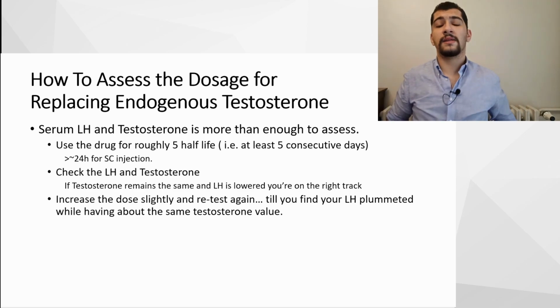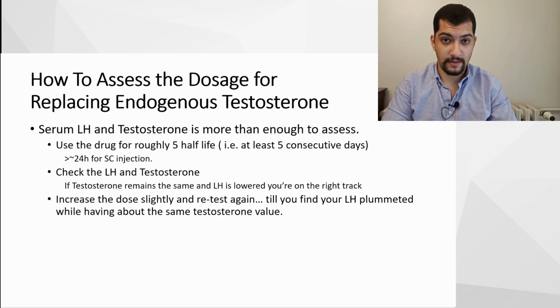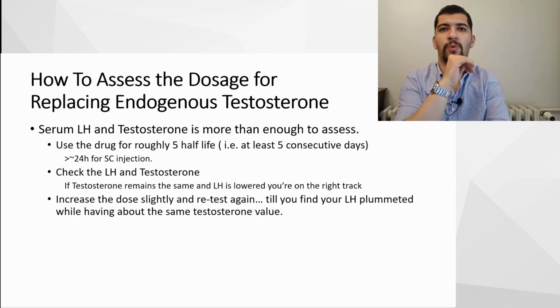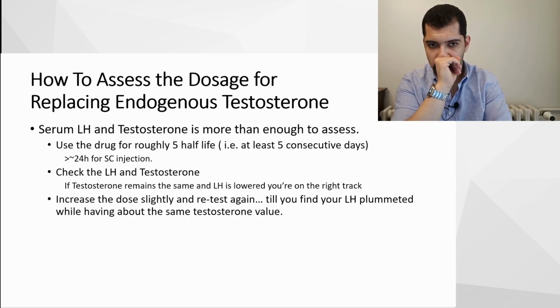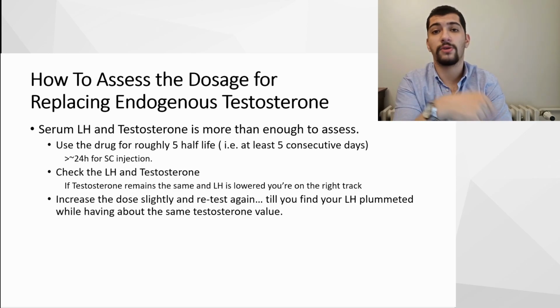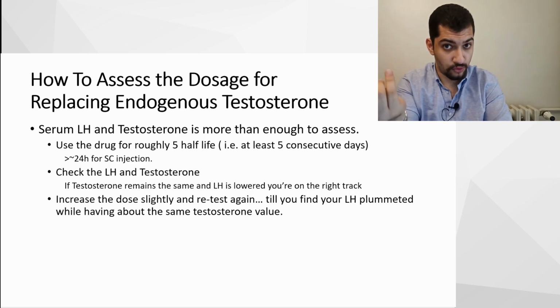So if you are injecting it intramuscularly into your muscles using a long syringe, you need to wait 5 consecutive days if you are using it every day. And you might need to wait more than 5 days if you're using it every day, but subcutaneously. So it might be a week or 10 days. So you check, obviously, after the drug serum concentration stabilizes after the 5 half-lives, you check your LH and testosterone, and you check to see whether